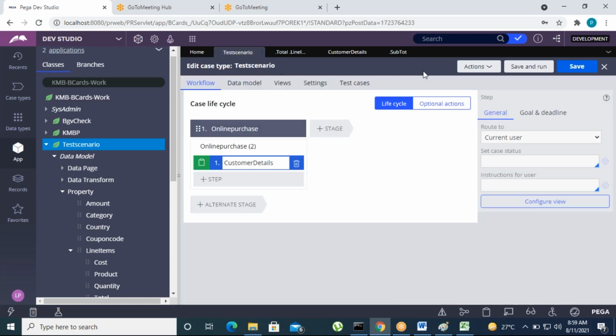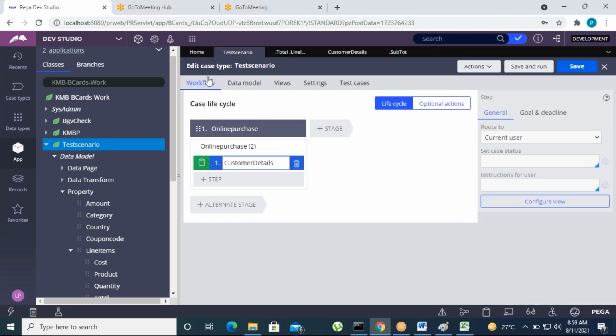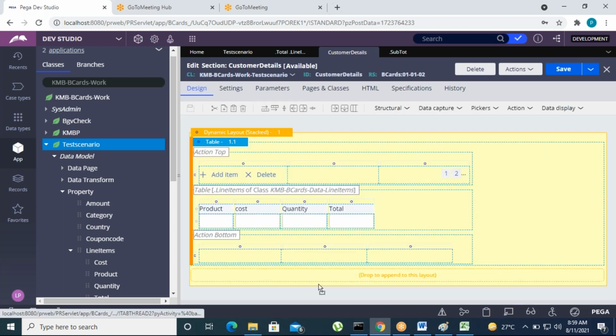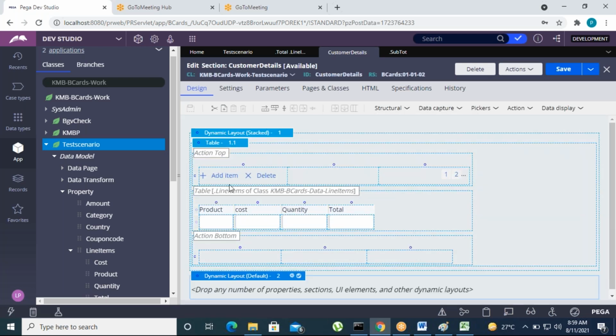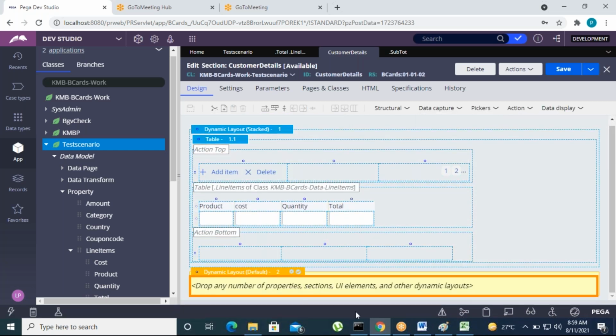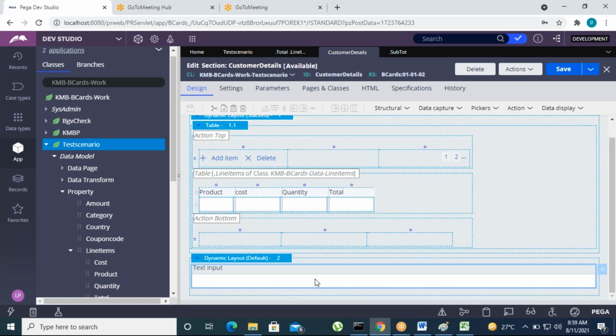Now we can come back and save and run the case. Sorry, so we need to add the subtotal property. Let's go to the section, drag and drop one more layout here, capture the input, that is subtotal.